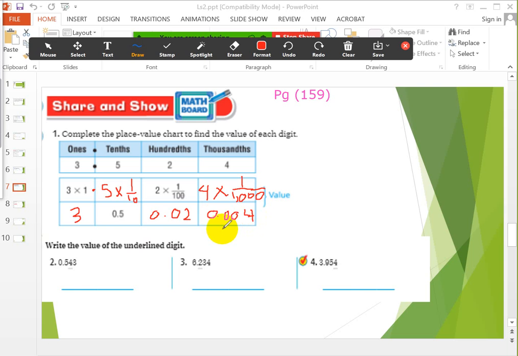So we will do exercise number 2. Write the value of the underlined number, just the underlined number. So I will look at the 4 right here, the line under the 4. Look, if I want to know the value of the number, I have to know the digit of this number. So this number is in the hundredths digit. That means the value of the number, it will be what? The value of the number will be, it's 4 hundredths, right? Or I can write it